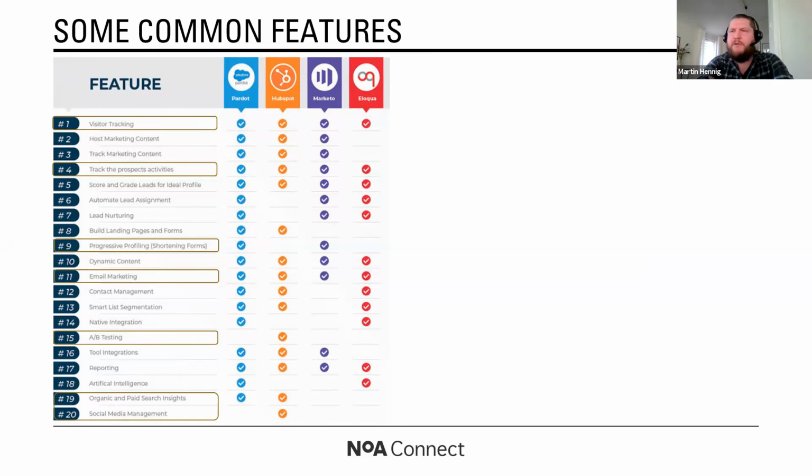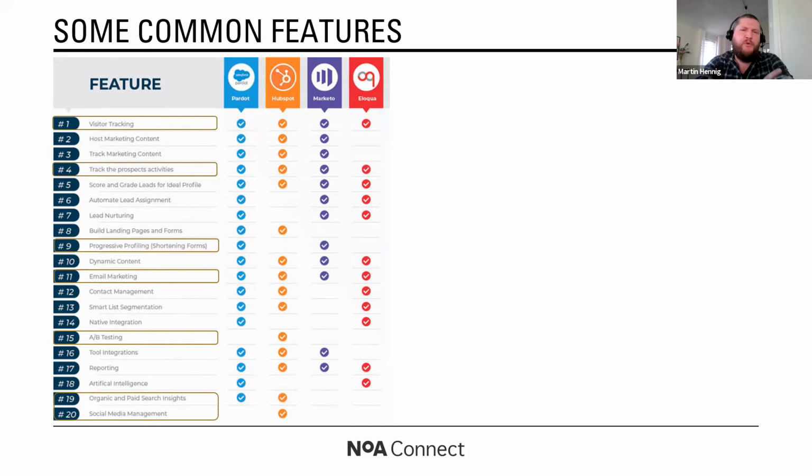And I'm sure we've all seen that, right? You go to a website, you find content that you like, you download a white paper, and then you're asked for your email address, your first name, your last name, and maybe your company. And then on that same page, you continue to browse, you find another report that sounds interesting, and you fill out that form. And they ask for the same stuff, right? They ask for your email address, your first name, your last name, and your company again. And you're like, why would you do that?